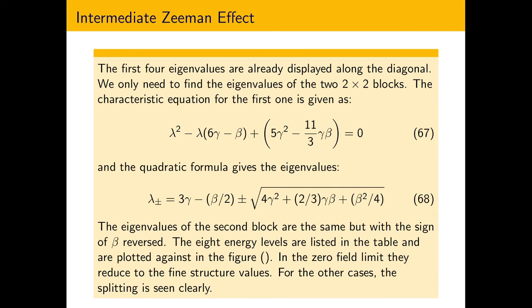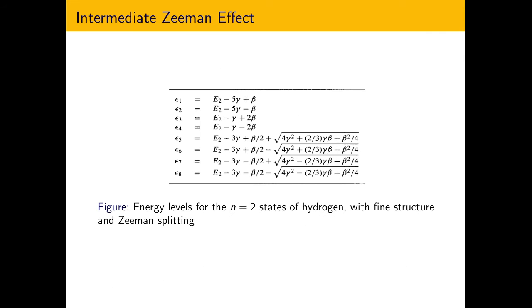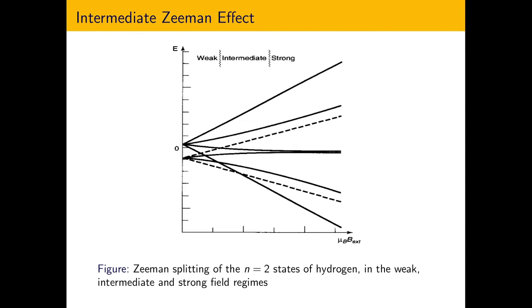So we have chosen a good basis, and we can solve these energy levels, list them out in a table, and plot them to see how they look. After all of this ridiculous amount of calculation, we do end up with the exact same kind of splitting that we're looking for. So this is the different n equal to 2 states of hydrogen with the fine structure and the Zeeman splitting taken into account. When you plot it with all 3 combined, which is weak, intermediate, and strong,